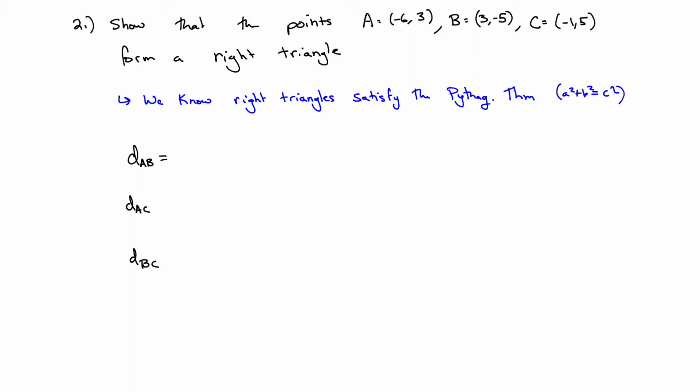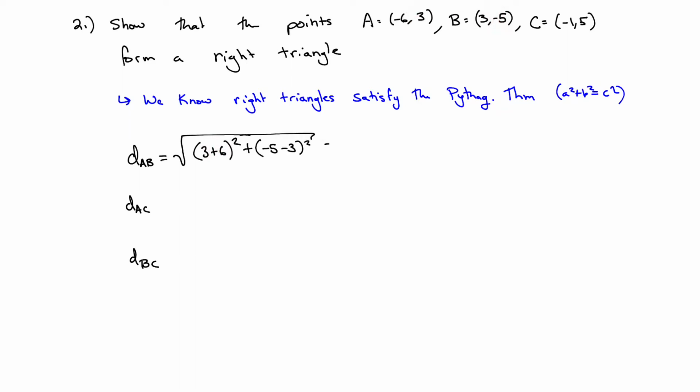So let's just go ahead and compute those. So A and B, this is our x sub 1, y sub 1, this is our x sub 2, y sub 2. So that would be 3 plus 6 squared, because it's 3 minus negative 6, that's why it's plus 6, and then negative 5 minus 3